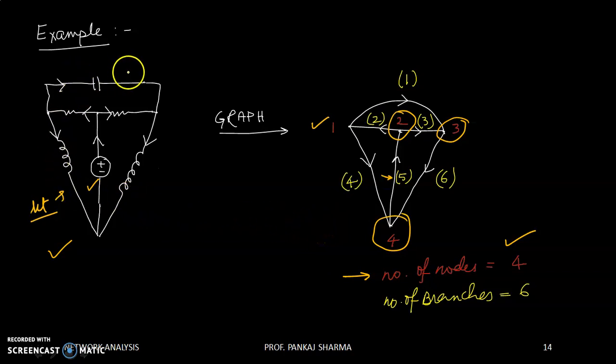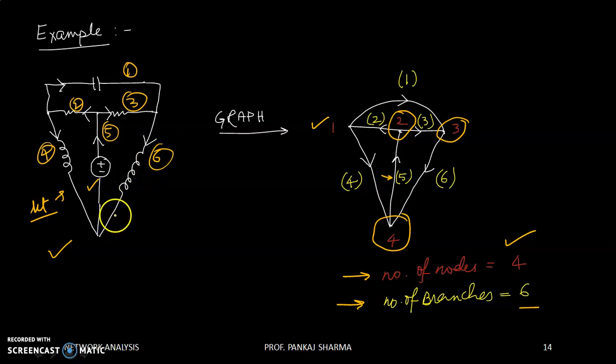The nomenclature of branch numbers and nodes is not given here, so you are free to choose the numbering of nodes and branches as per your wish. If it is given in the question, then stay with the given nomenclature of the circuit. So I have chosen this as node 1; you can have something else, but this is just for understanding. The number of branches is 6: 1, 2, 3, 4, 5 and 6.